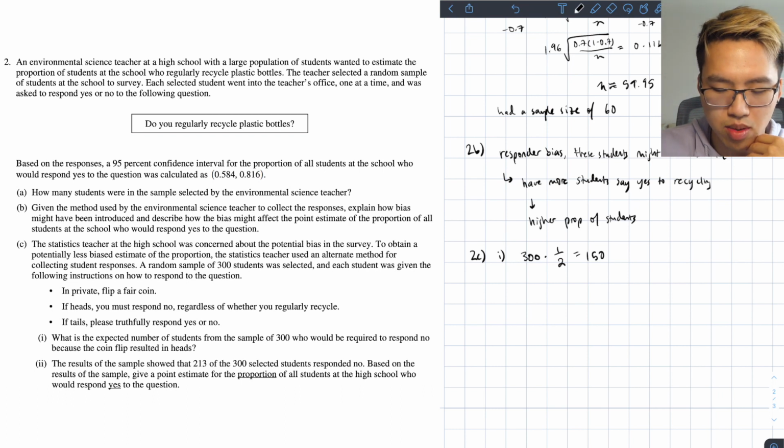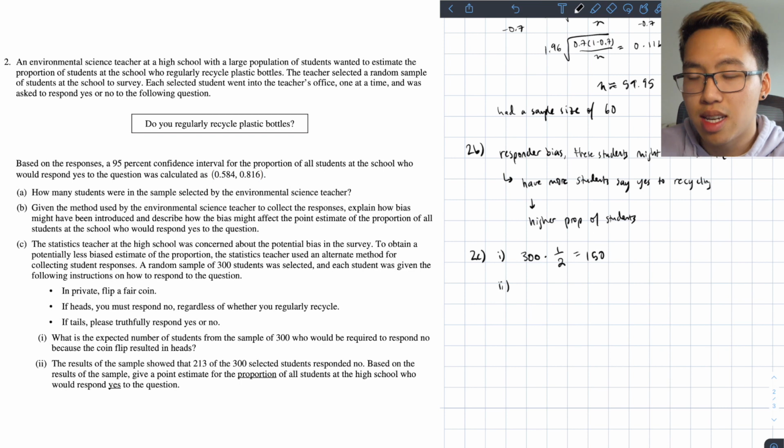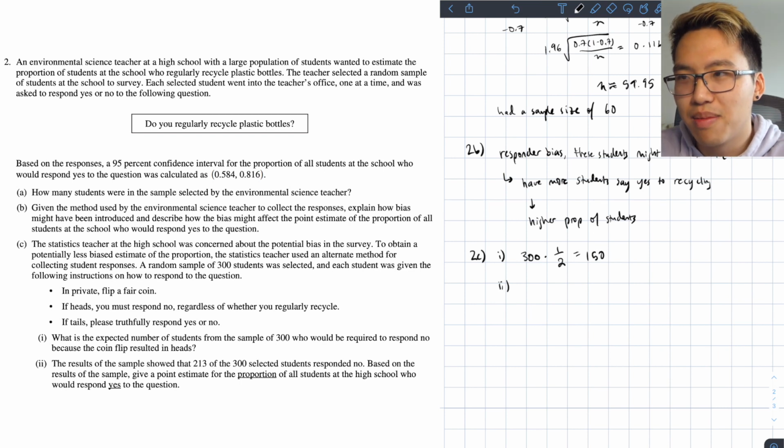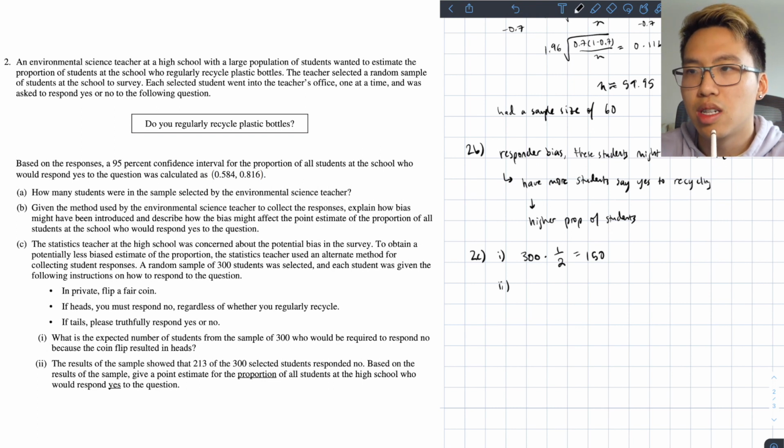If we move on to the next one, the results of the sample show that 213 of the 300 selected students responded no. Based on the results of the sample, give a point estimate for the proportion of all students at the high school who would respond yes to the question. They even underline stuff because there's a lot of words here, a lot of potential to go wrong. So I think to answer this question,